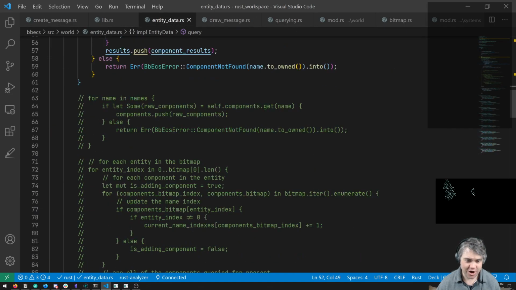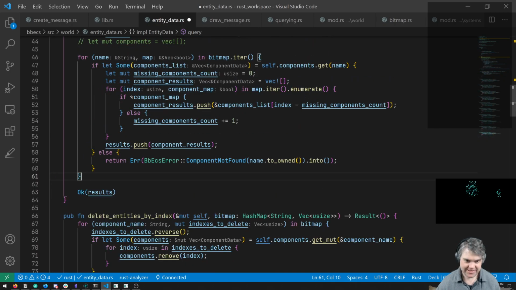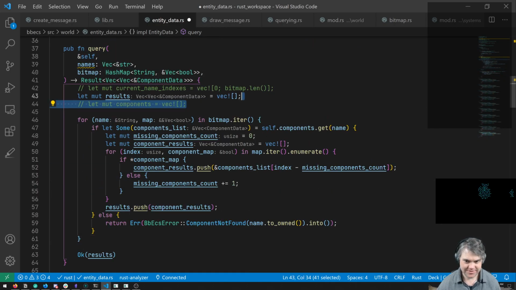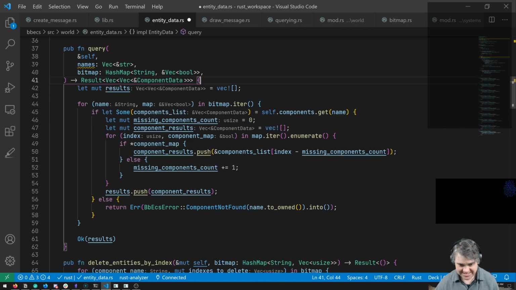Entity data: all of this code gets replaced by just this code, which is still not nice code, but it's a lot less not nice code, which is good. It all fits on one screen, so we can at least reason about it easier. And that's all because I just replaced a vector of vectors with a hash map. So hash map for the win.